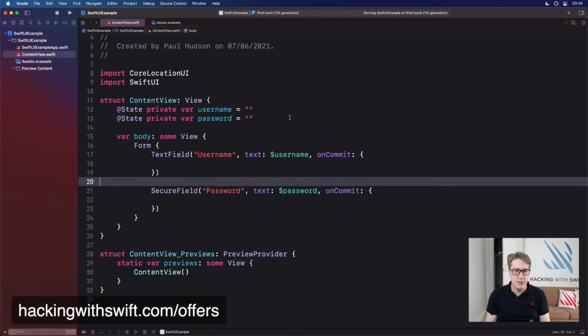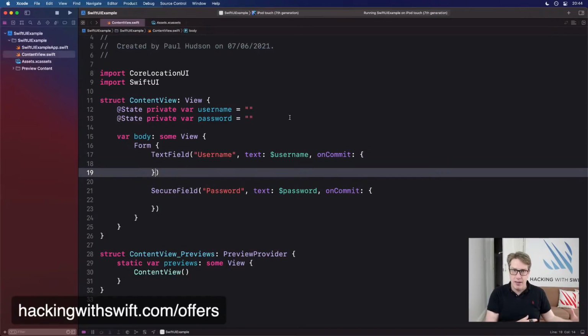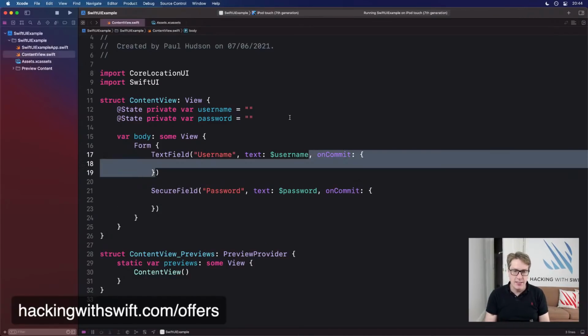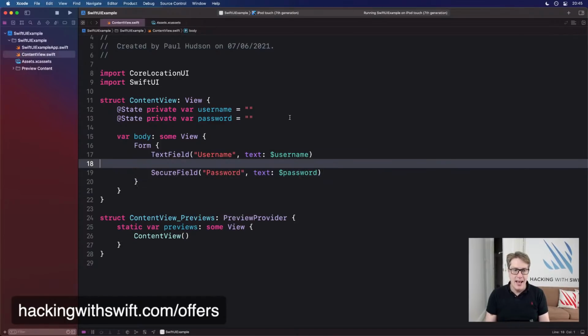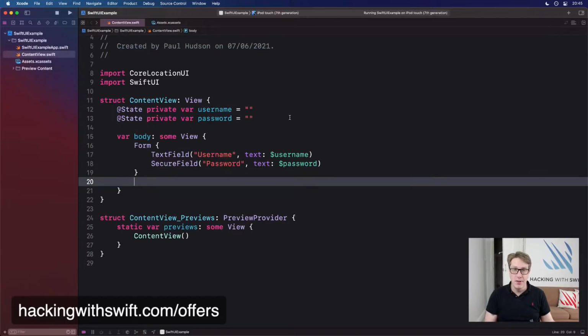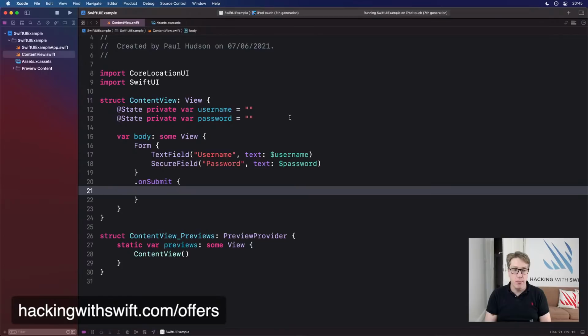But what onSubmit lets you do is take that one level higher. You can take out onCommit here entirely, like this, goodbye, and instead attach that to the form. So when either one of these two things are submitted, run some code of my choosing.